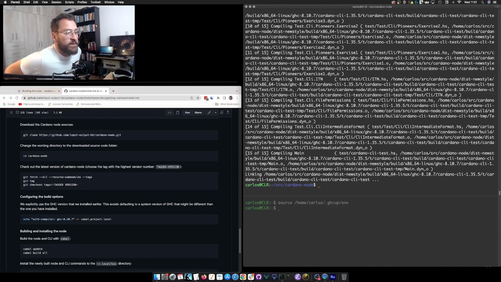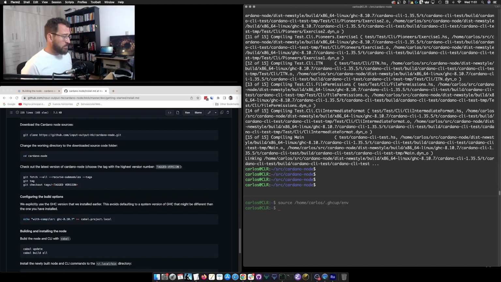Nice, so we are done here. We have built our node successfully. Nothing went wrong, that's great. And now it's just time to find our binaries and copy them to a directory that is in our path. In our case, I'm going to put them in .local/bin. And you can do find here by name, and find cardano-node,